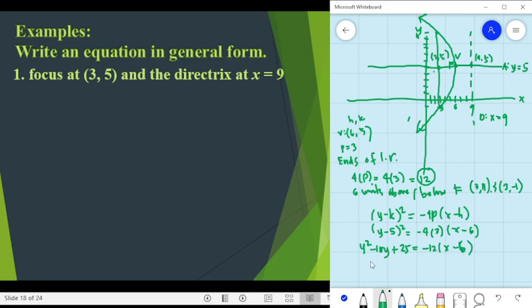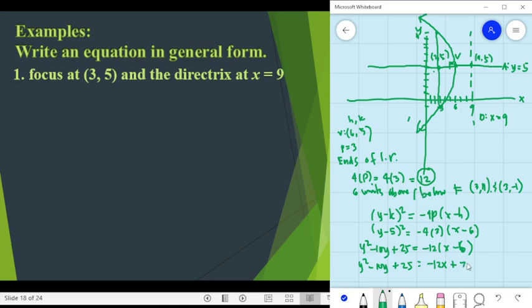Simplifying further, we have y squared minus 10y plus 25 is equal to negative 12x, so multiplying negative 12 times x and negative 12 times negative 6